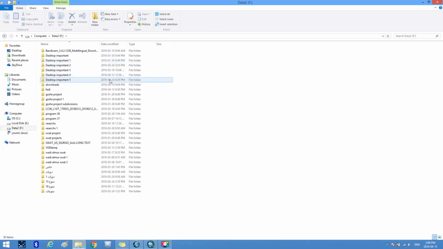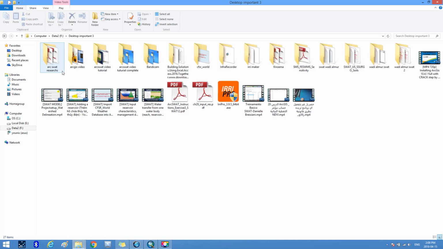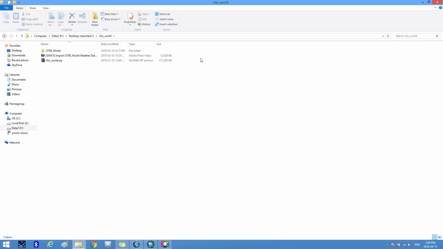As we see, inside the file titled CFSR-World, and this zip file titled CFSR-World.zip, which contains weather information for global stations with geographic coordinate latitude longitude,